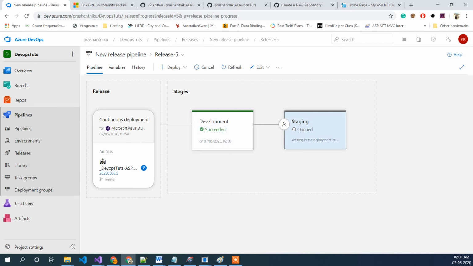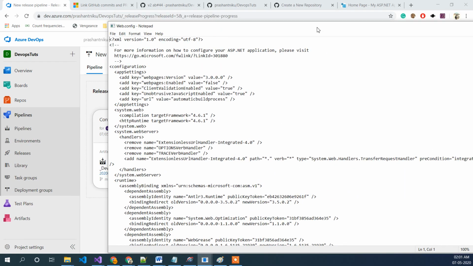So let me just go to the FTP client and refresh it again. I'm showing the timestamp of that, and when I click on edit, this is the file which I got from the FTP server, and you can see this particular thing has been replaced. That's what I wanted.